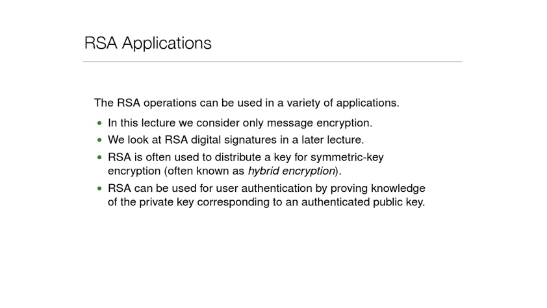That key material is then used to derive a key which can be used for symmetric key encryption like stream ciphers or block ciphers. So RSA is used to distribute a key. So one application is key exchange, and also